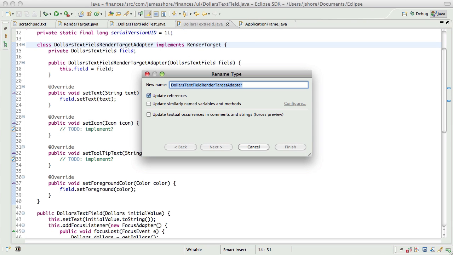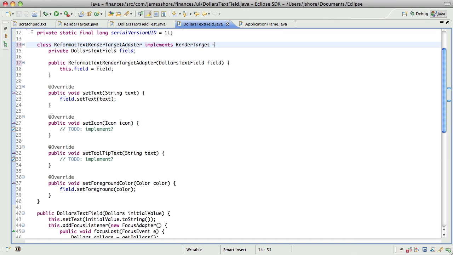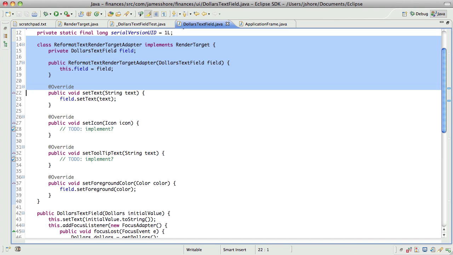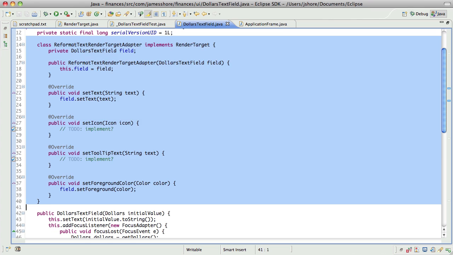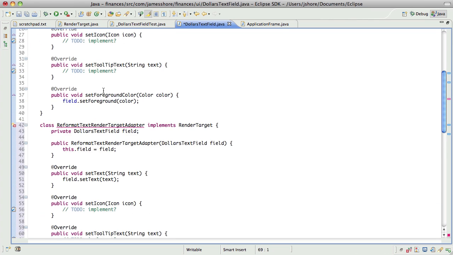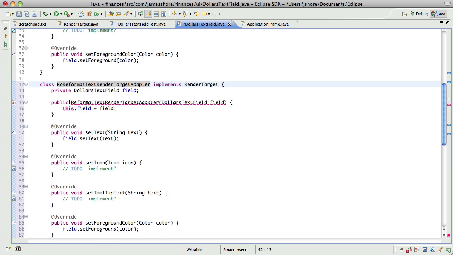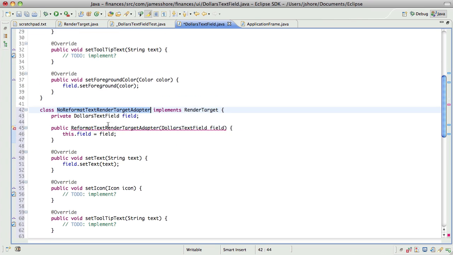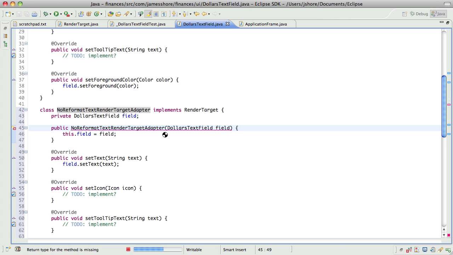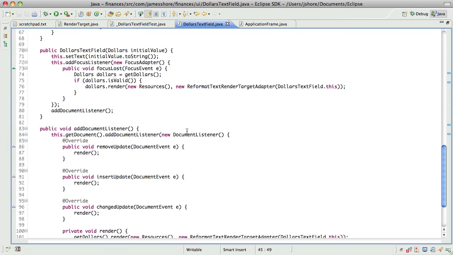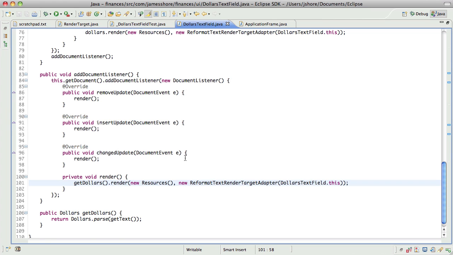I'm going to rename this to be the reformat text render target adapter. And I'm going to make another one called no reformat text render target adapter, which, yeah, I don't know if that's a great name, but it is what it is. There we go. And now if I use that here,